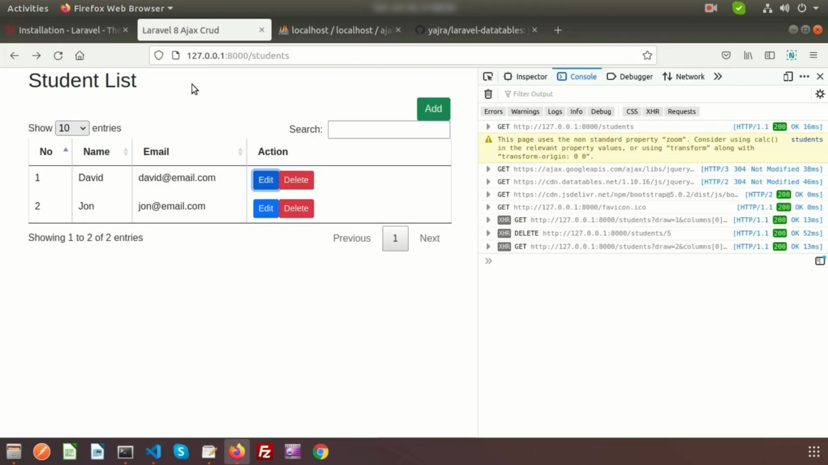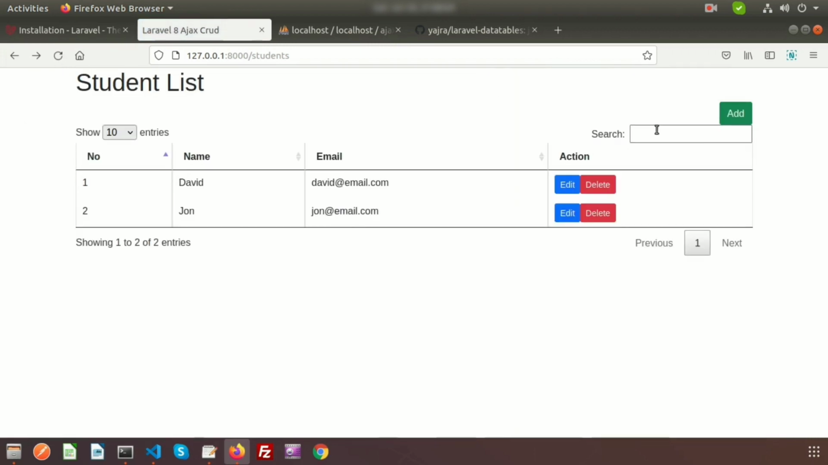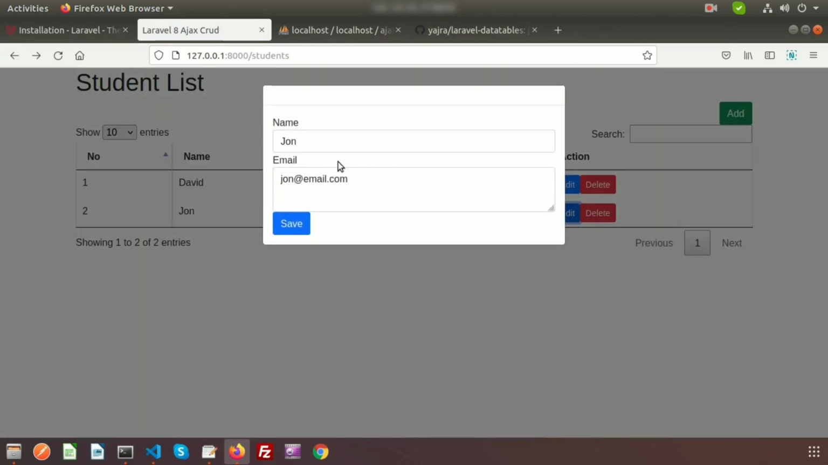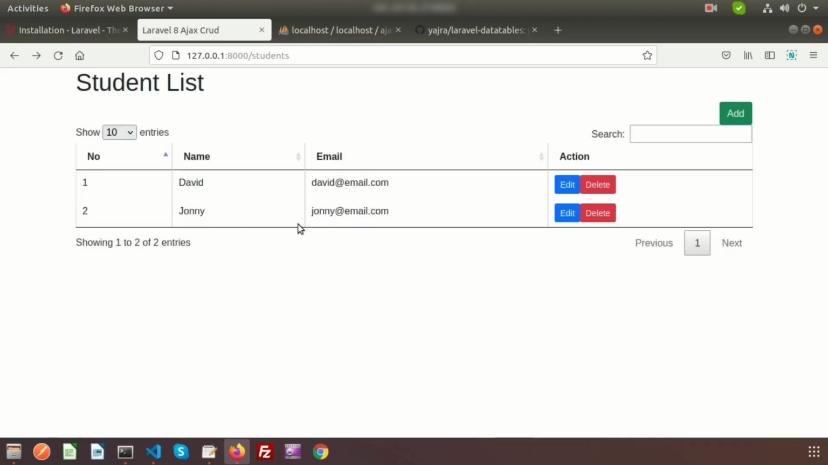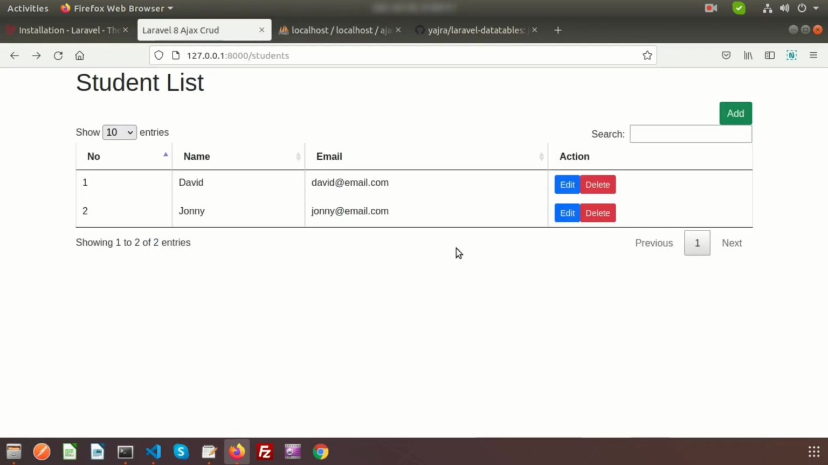Now just go here and just close the console and refresh this. So now just editing these things, so suppose I want to edit the John, so I am right here Johnny, and the email is also johnny@gmail.com. So let's click on save, so it's updated, and if you just go into the database we can see it is updated. Okay, so this is the Laravel Ajax CRUD operation,